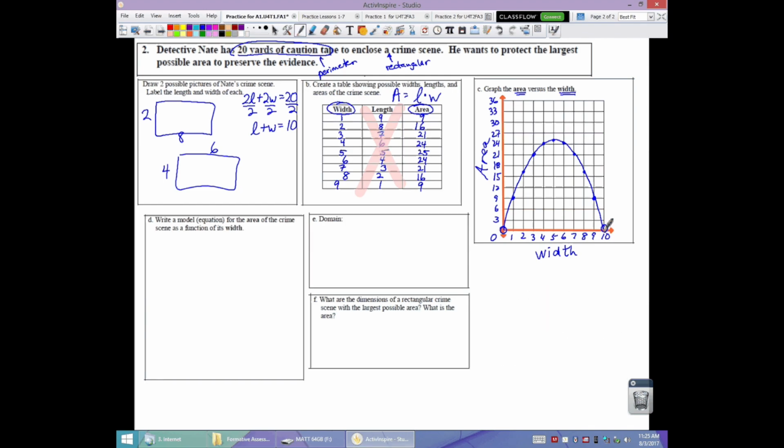Right. Make the equation. So again, this just says make one equation. We could either do explicit or recursive. I will do both. You don't need to do both. If you are doing explicit, remember you get that by doing quadratic regression in your calculator, or that long procedure that we used on the front side, or